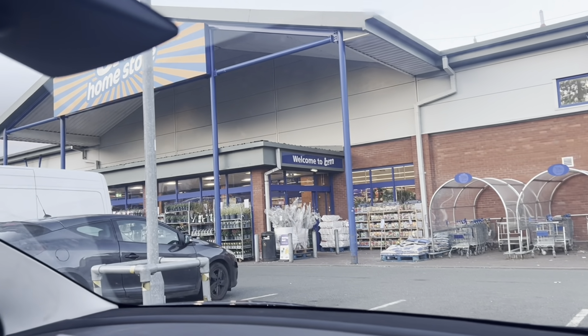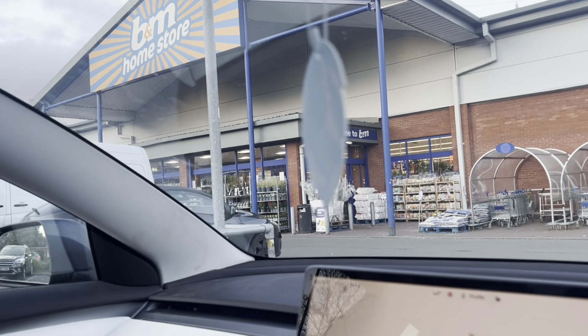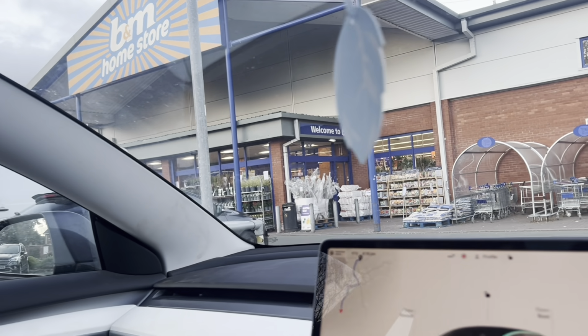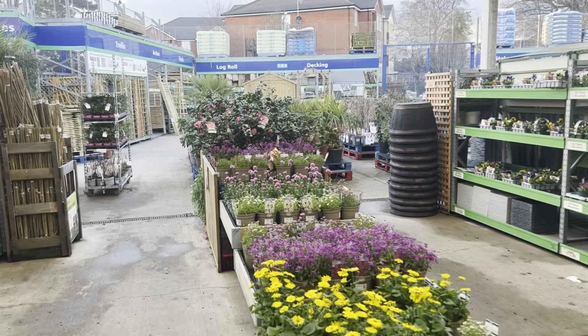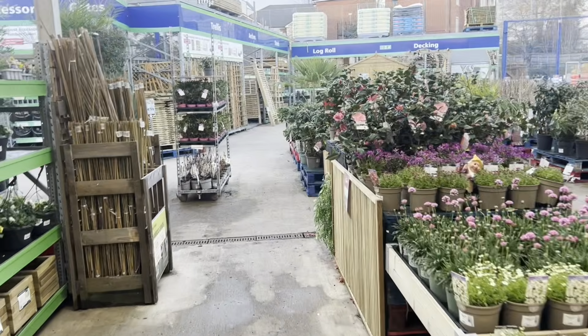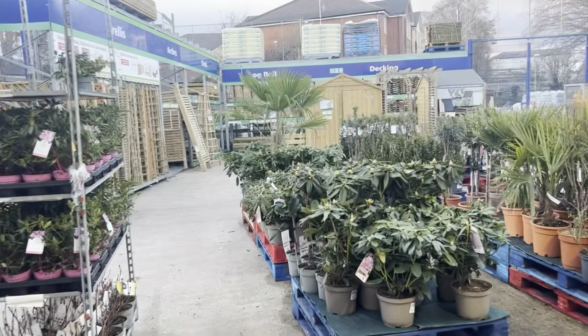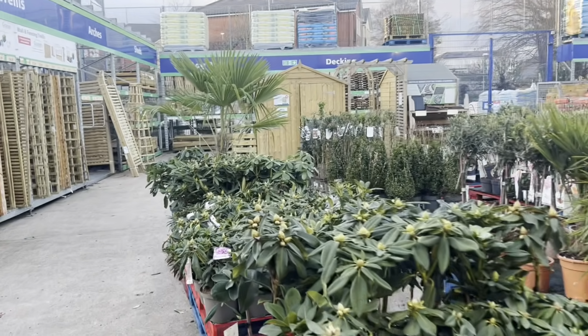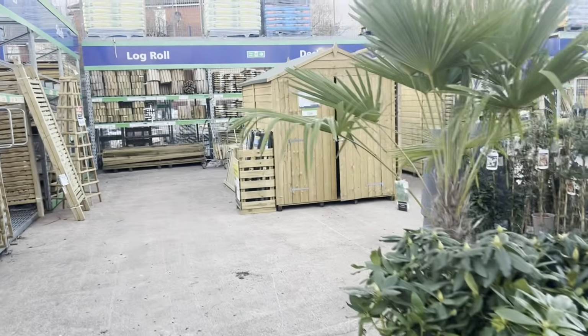So I'm back at B&M Bargains, and I think they've got some interesting plants and palm trees inside, some new ones that we haven't seen before. So let's go in and have a look. Right, just a quick video this time then, because I think most people will be getting bored of B&M. But I'm back at Oswestry B&M Bargains, and they've still got